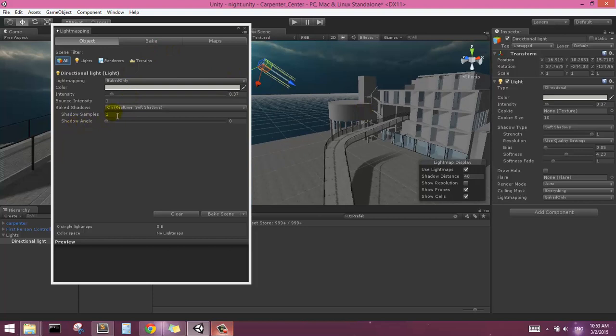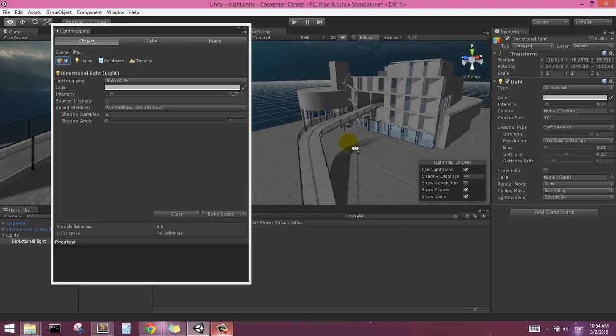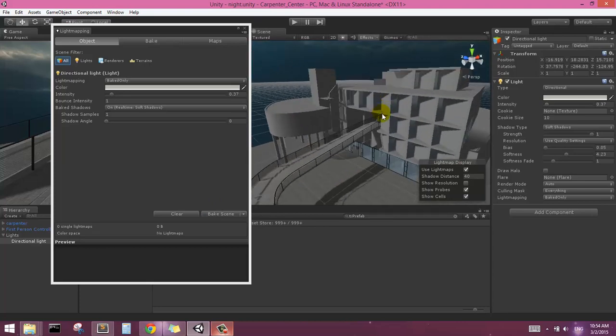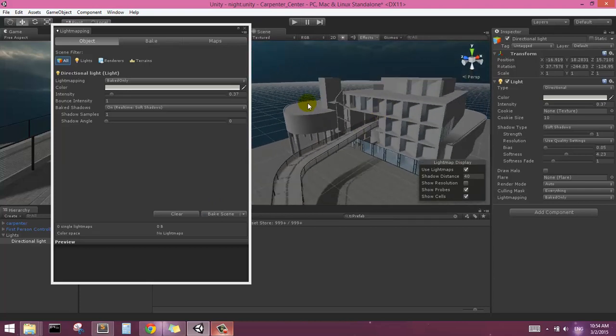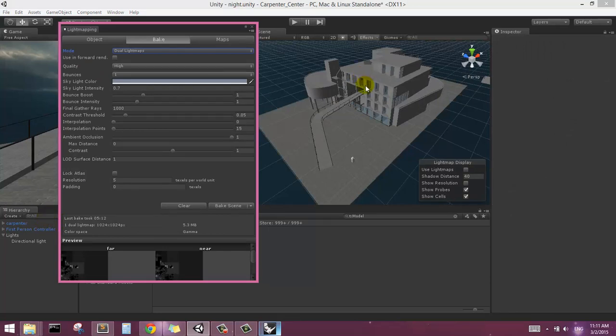Okay, so I can increase the number of shadow samples. That will give more accurate samples, but it will also take longer to bake the scene. Baking the scene does take some time. In this case, it'll probably take my slow computer about 10 minutes to do that, so I'll just pause the video. But one thing I need to change before I bake this light map onto this